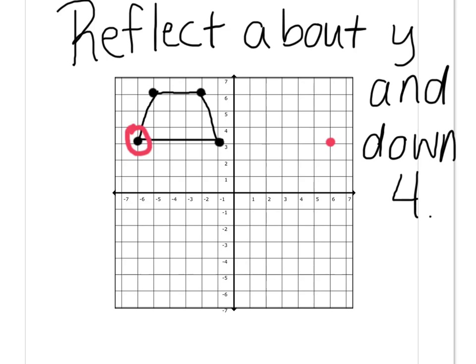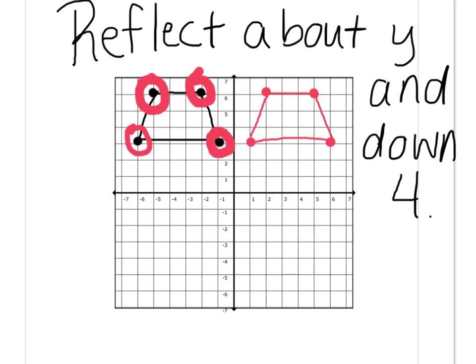If we flip this point, it becomes 1, 3. This point, negative 2, 6, becomes 2, 6. And this last point, which is negative 5, 6, becomes 5, 6. So if we move it down 4, each point,